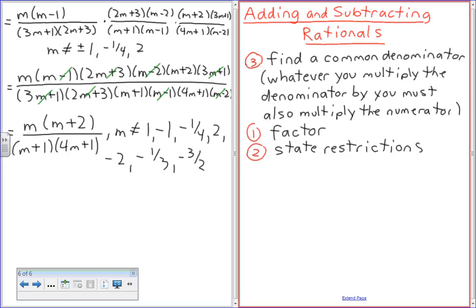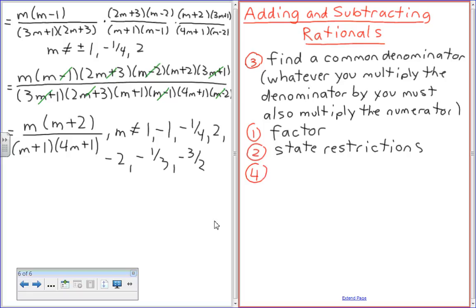Once you have factored and stated restrictions and got your common denominators and made equivalent fractions, because that's what number 3 is basically saying. What do you do when you add fractions? No, that's already done. We've already done number 3 there. Already found the common denominator. Add the numerators. So step number 4 is going to say,